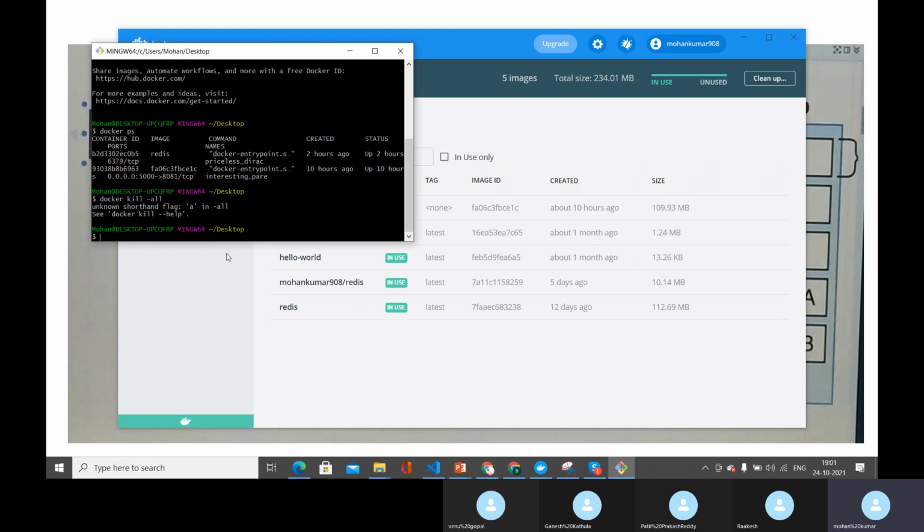So now we want to understand how the output looks if I don't have that image in my local. Okay, so that is what I'm trying to show you. Just give me a second.